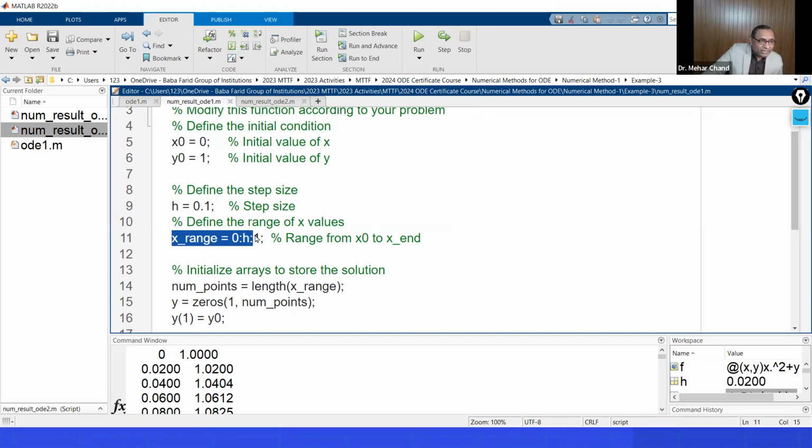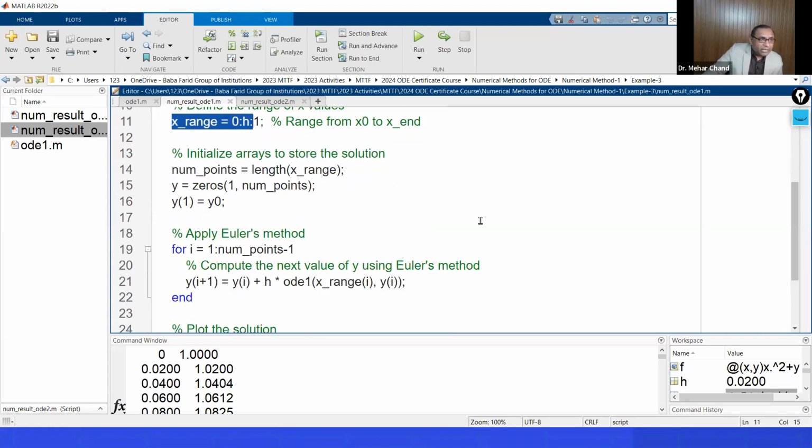So the length of x input and y both must be the same length. Only then can we have the numerical values. Okay, so here is num point, length of x. So it depends upon these values. And then after zeros, so zeros 1 to num point. So this will start from 1 and go up to the length